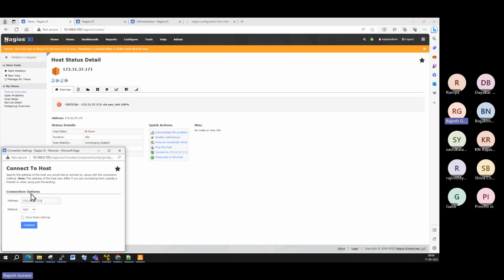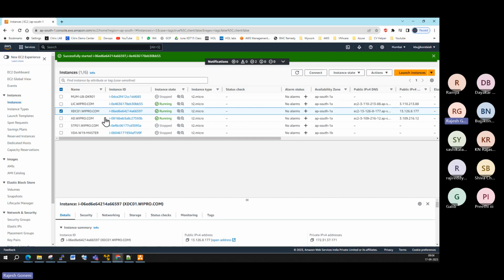Why am I not able to connect with this IP address from my system? Can anybody tell me? It's power on only. See, it is power on only, but we are unable to get connected